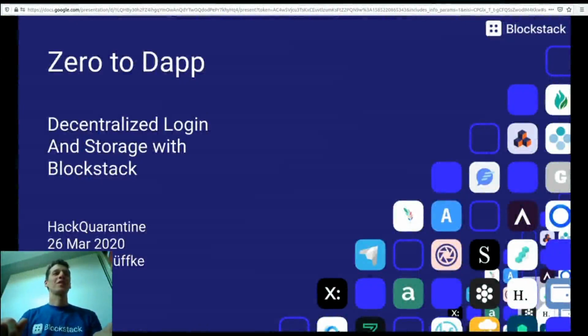Here for the workshop 0 to Dapps, and I'm talking about decentralized login and storage with Blockstack, and I will explain what I mean by that. It's really about building a web app, and building a web app without a server. So if you know Visual Studio Code and if you know